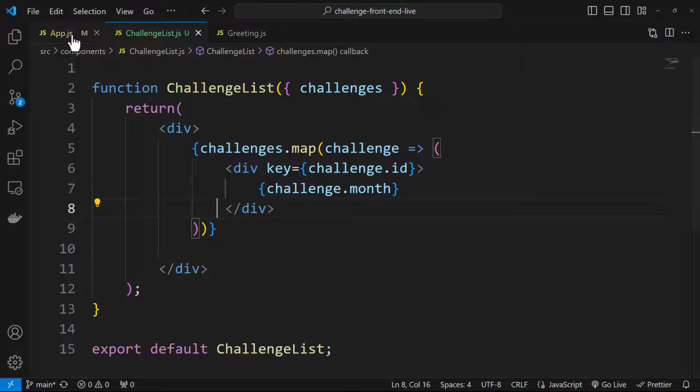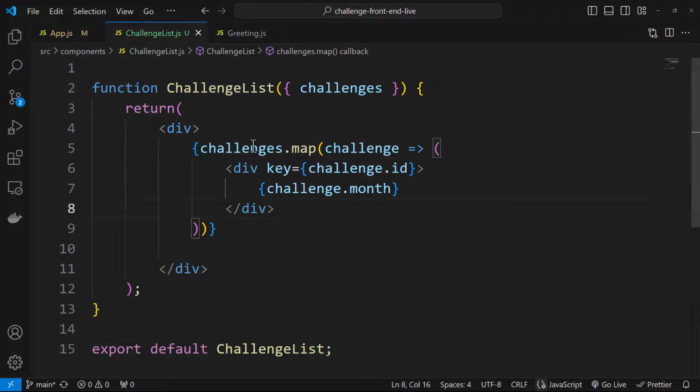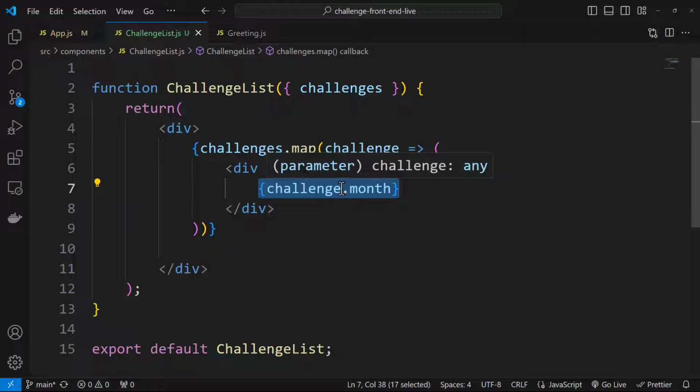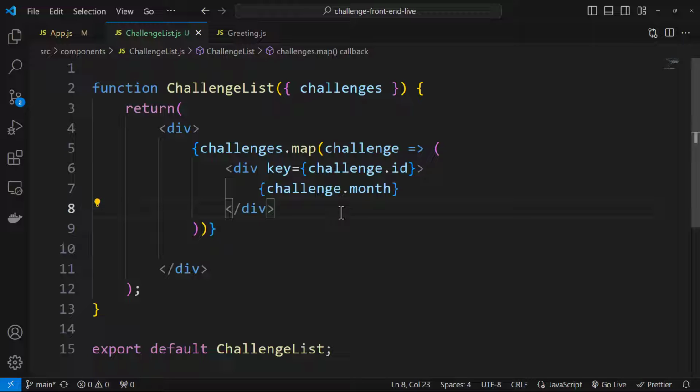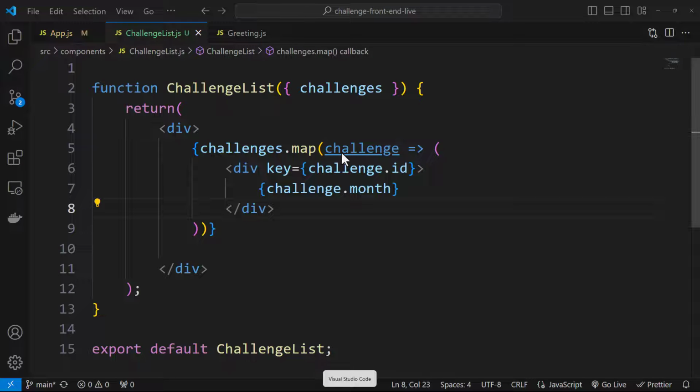And even the code looks really organized. Now what I can do is, right now I'm just rendering the month of the challenge, right? So a challenge can actually get complex. In future I can have more. Right now I have month and description along with ID. In future I can have a lot of other things within a challenge. So this single row right now, which is just displaying January, February, can actually get a bit more complex